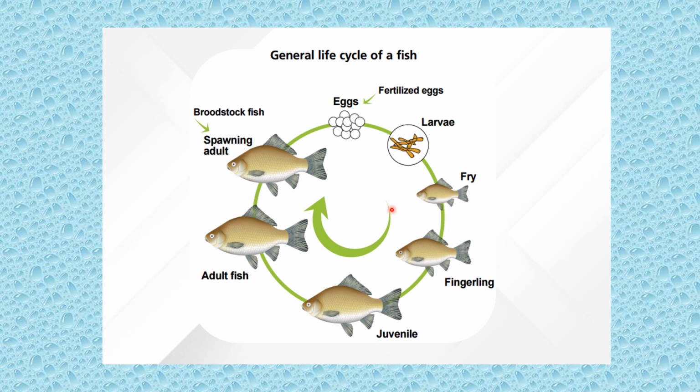That is different from the others. That is also an adult fish. The difference is the spawning adult, also called a broodstock fish. That is the group of mature fish that are used for breeding to produce offspring, which means they can breed new lives, right? That is to deposit or to fertilize. It produces young, especially a large number of eggs. Okay, hope you understood. This is the general life cycle of a fish.